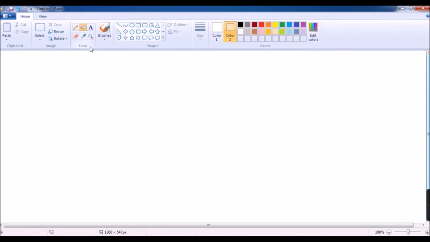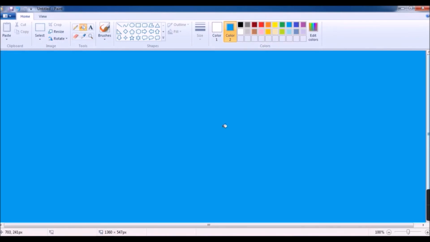See this one, tools group, click fill with color tool and move the mouse pointer onto the drawing area, then right click. See, the background color is changed. If you want any other color, select color 2, color, then fill with color and right click. So in this way you can change the background color.